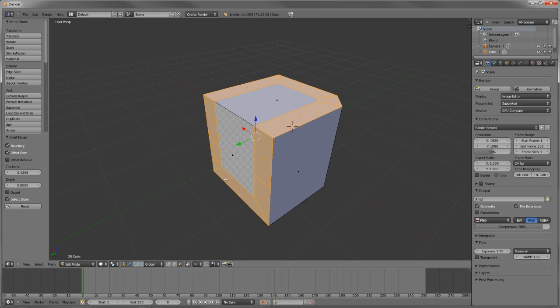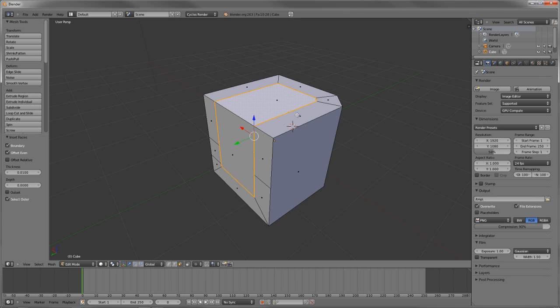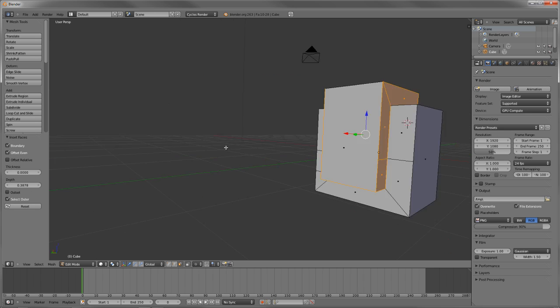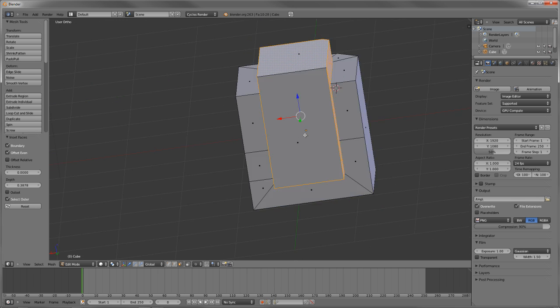So now let's combine this. If we were to do, say, 2 of them, we could then take this and we could do an inset again. So do inset faces. We'll set our thickness to 0 and then bring our depth up. And there we go. We now have this very nice extrusion with perfect normals going out in all directions,